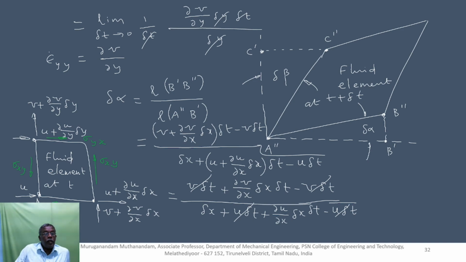The side AB has not only increased in length from AB to A double dash B double dash, but also has rotated by an angle delta alpha. The side AC has rotated by delta beta. The delta alpha is the angle where the vertical side is B dash B double dash and the horizontal side is A double dash B dash. Using again the velocity components u and v at points A, B, C, D, we can find out delta alpha,